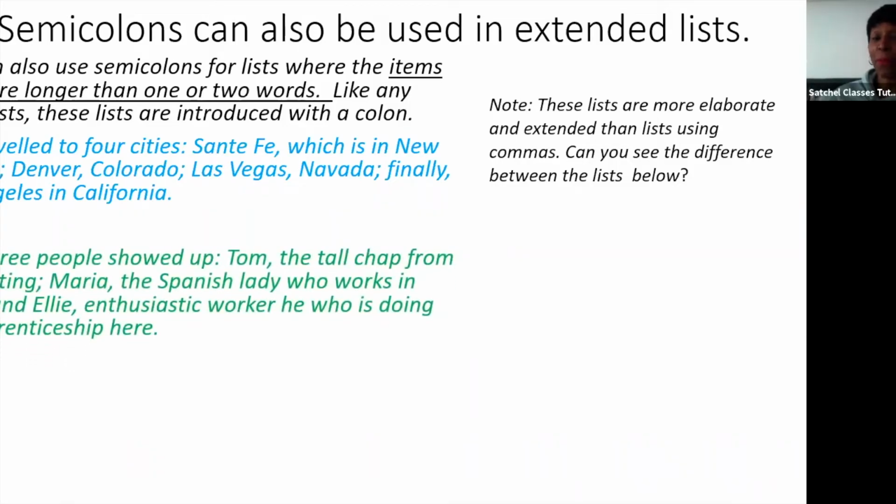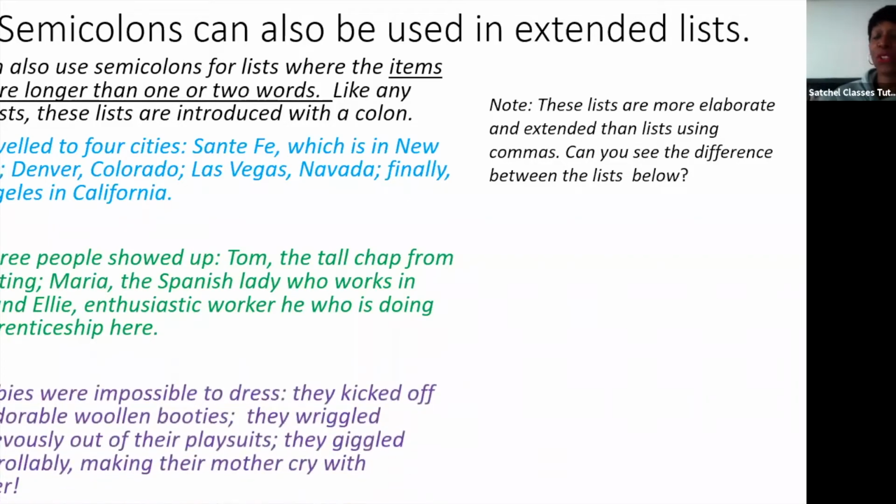Only 3 people showed up: Tom, the tall chap from accounting; Maria, the Spanish lady who works in sales; and Ellie, enthusiastic worker who is doing an apprenticeship here. So you can see the semicolon again is separating the items of a list, which are not places, but people here. And the final example here is the babies were impossible to dress: